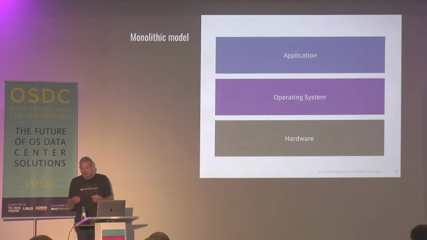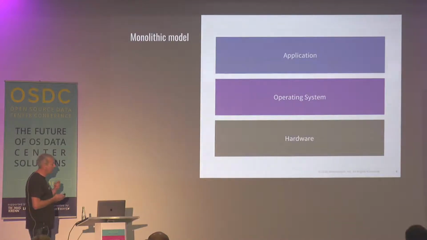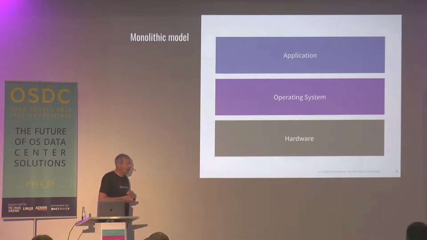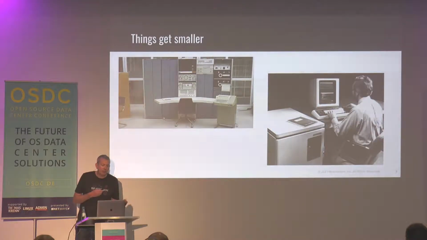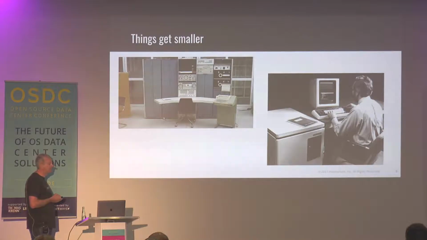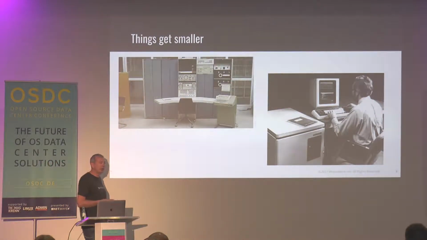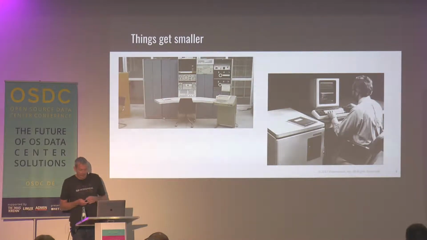What that looks like from an application perspective is this highly monolithic stack where we have hardware, an operating system running on that hardware, and a single application that operating system is designed to run. As we move through the mini-computer era to the workstation, that pattern remained fairly similar. The machines got a bit smaller, the I/O got a bit quicker, the storage got a little bit bigger, not much bigger in comparison to today's machines.